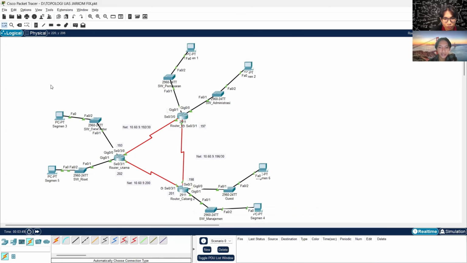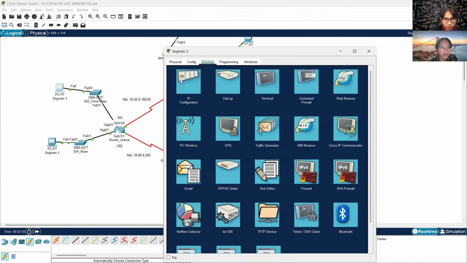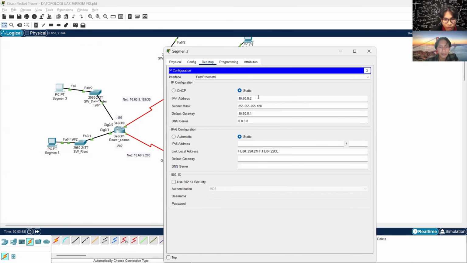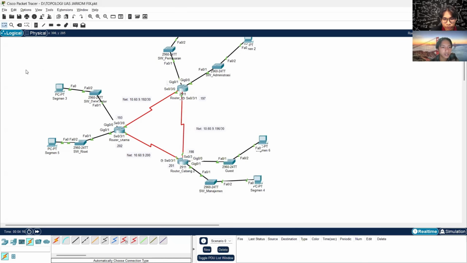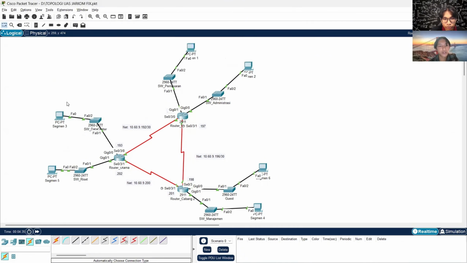In segment 3, we configure a static IP address of 10.60.8.2, and the default gateway, as we input in the router, is 10.60.8.1. So segment 3 will have a network address of 10.60.8.0.